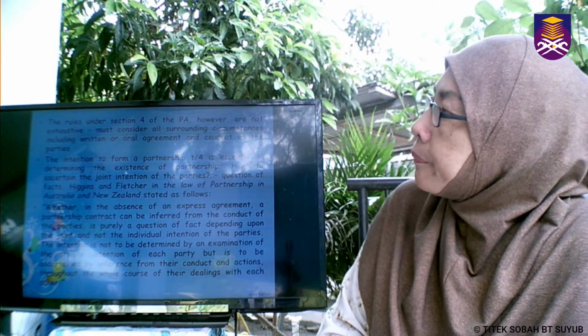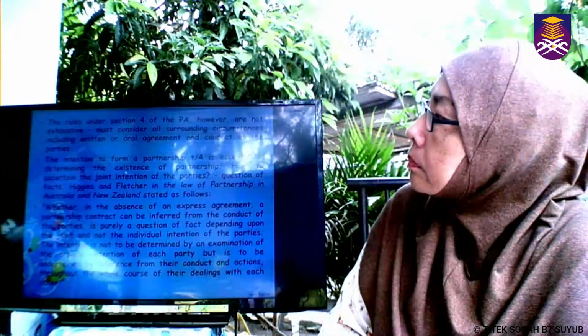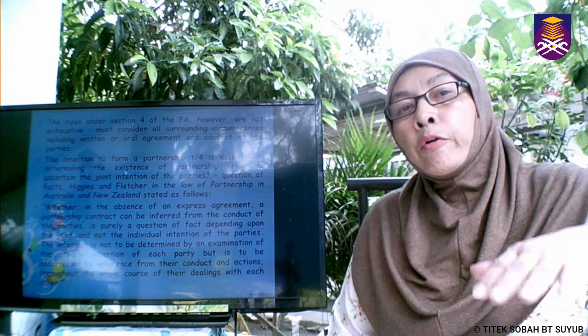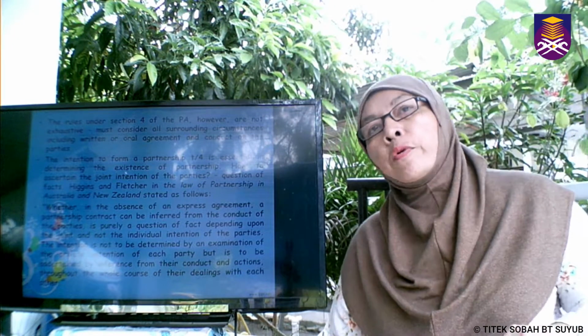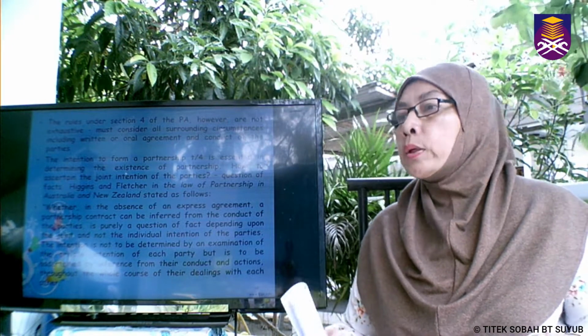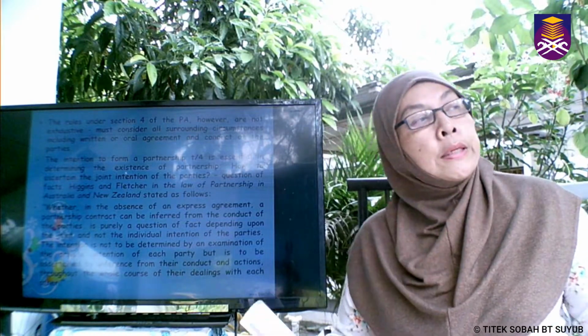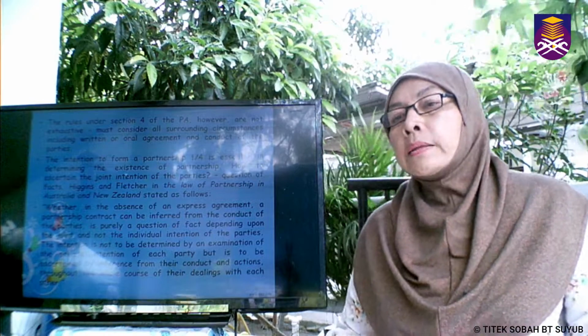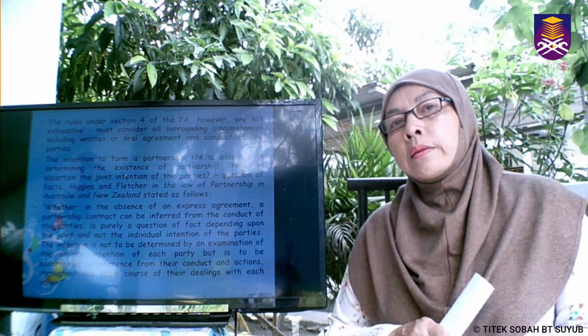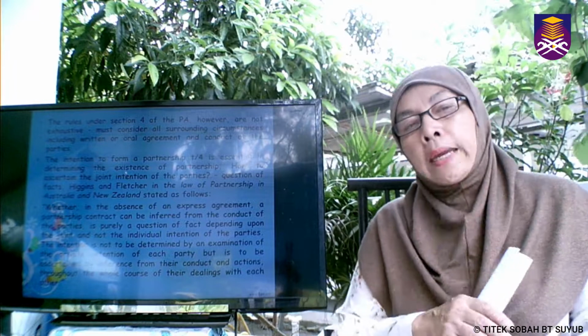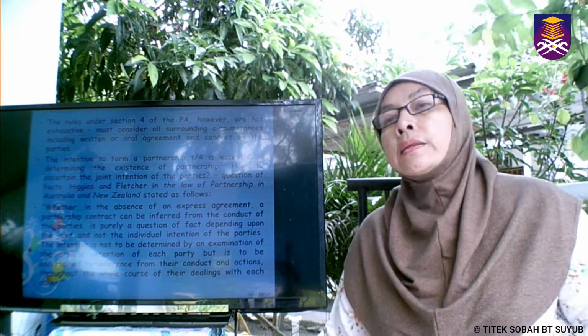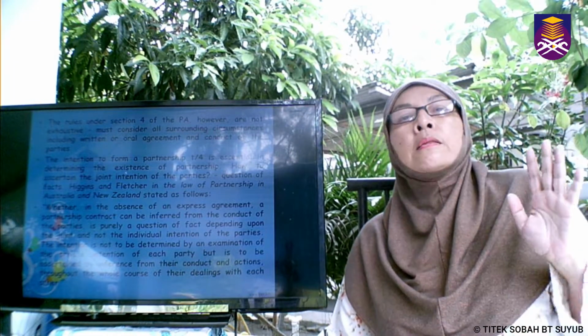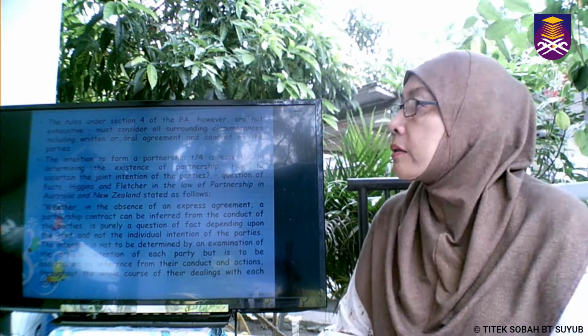So, okay, students. So we have go through section 3, we have go through section 4. So just now I said, by looking at section 3, that is not good enough. We need to go on, we need to go through section 4. Does it mean that section 4 is conclusive? Is it exhaustive? Okay, fine. If all these criteria in section 4 is being fulfilled, you said that this is not a partnership or this is a partnership. Is it so?